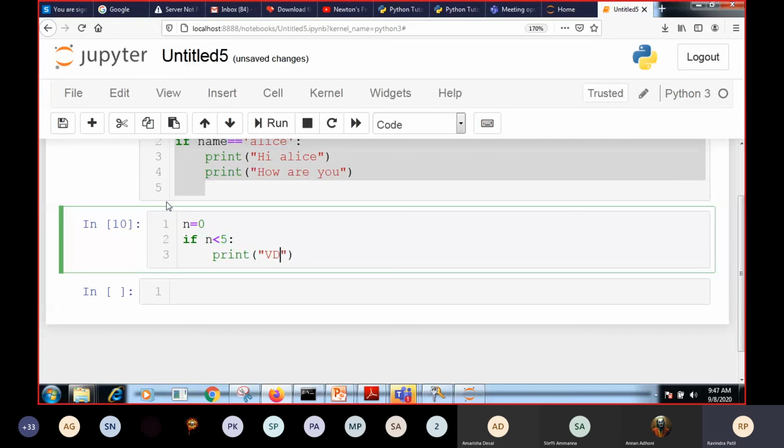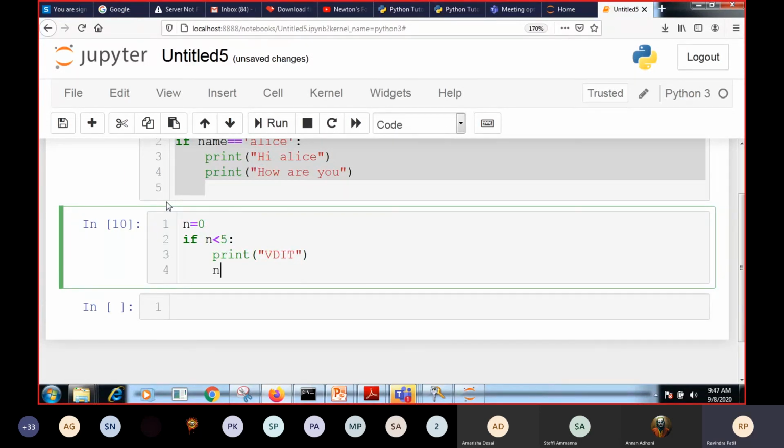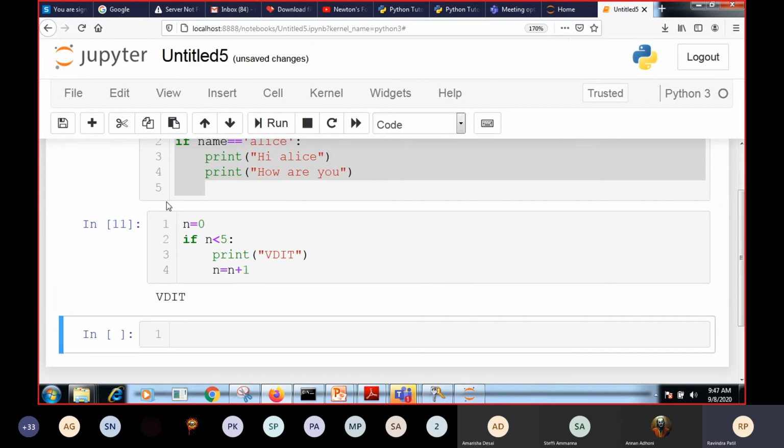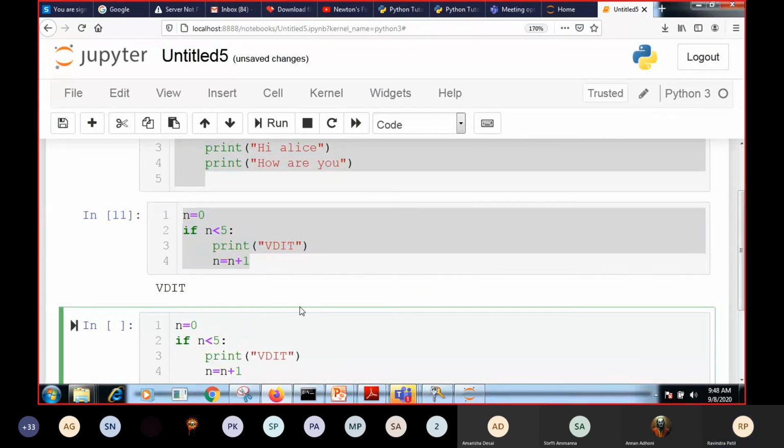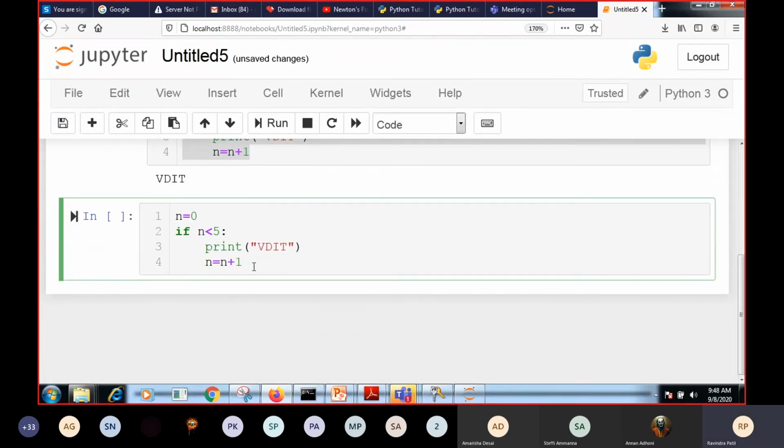One message, that message is VDIT. After execution, we want to increment the value of n by 1. When we execute this, we are going to get the message only one time. But in case of a loop, perform a copy paste operation. So the syntax of while is followed by a condition.